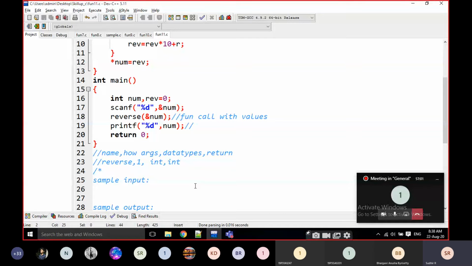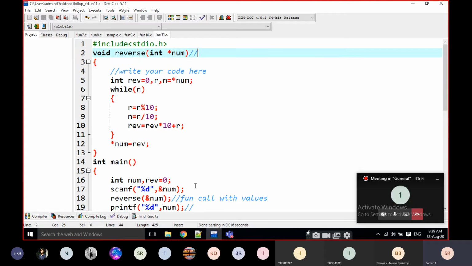Like this, we are going to write different scenarios based on the question, based on the function call, and what the result is. With those values we are going to modify every time.